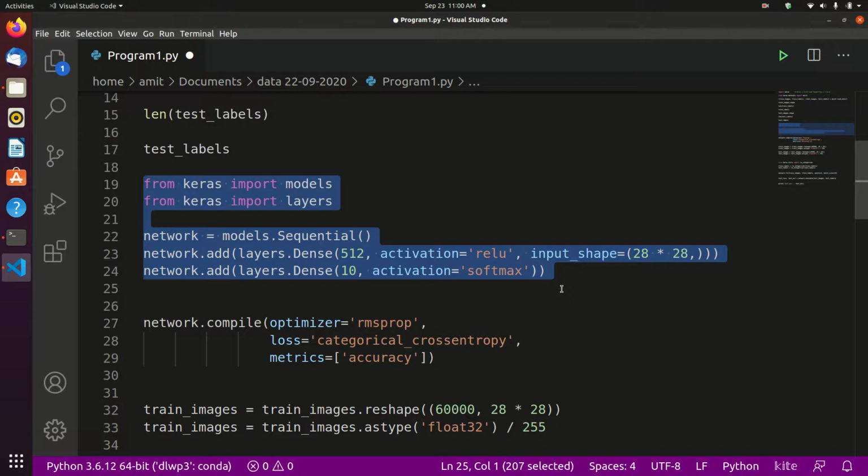The core building block of a neural network is the layer, a data processing module that you can think of as a filter for data. Some data goes in and comes out in a more useful form.